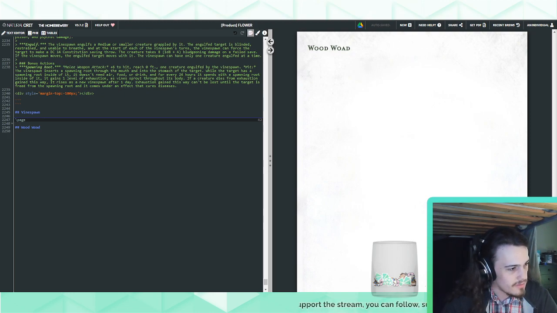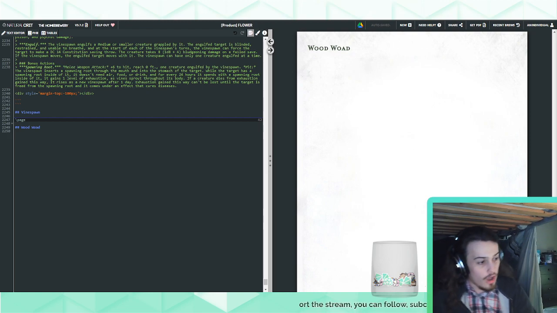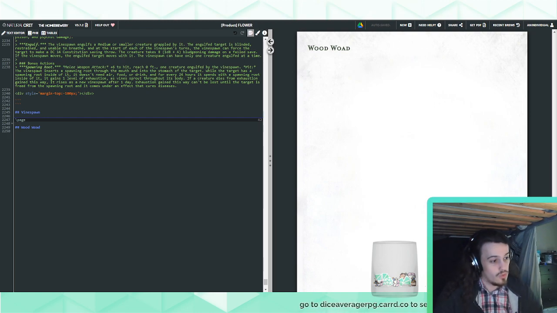Right. So, yeah, Woodwards are cool. I do like them, but they have the same kind of problem that Treants do, where they're not that interesting mechanically, and they don't really do a lot either. So I would want to redesign the Woodward at least a little bit, and give them some unique abilities, because the only thing they have is regeneration, which is good, and they have tree stride, which is also very cool, but